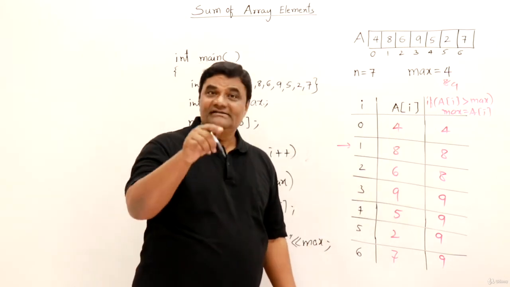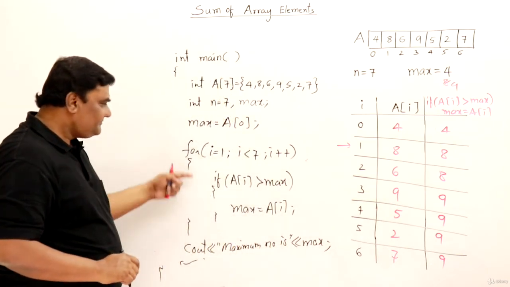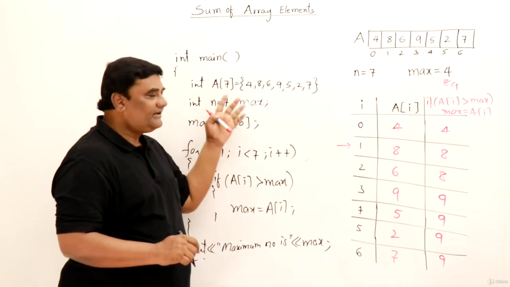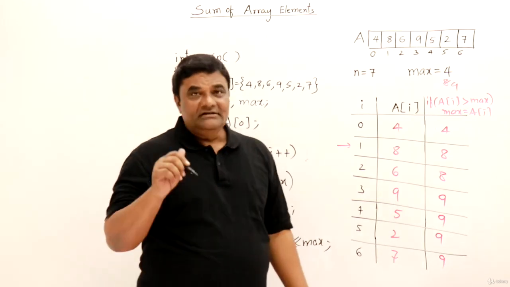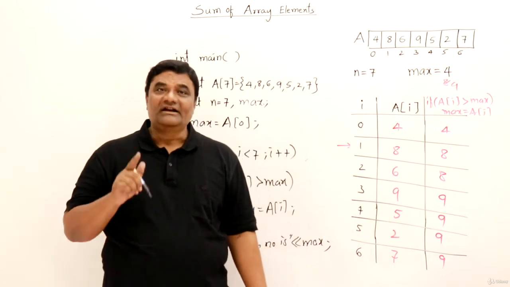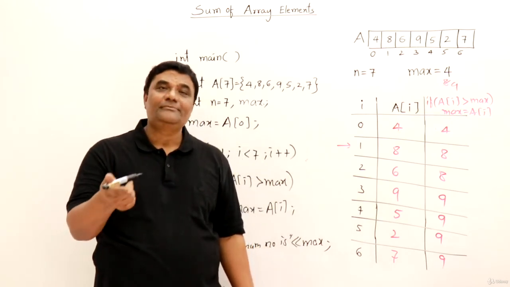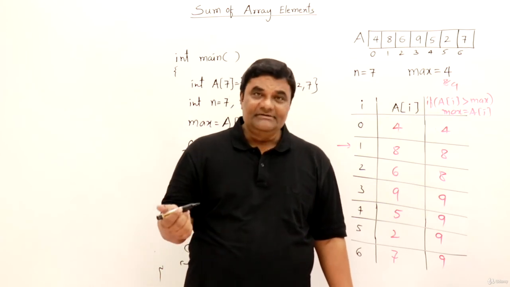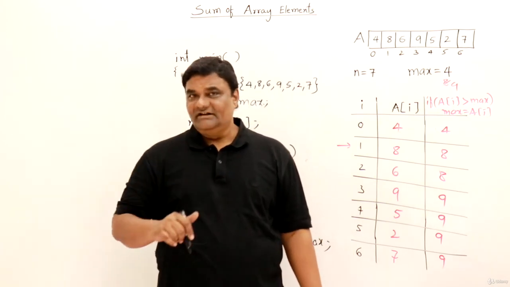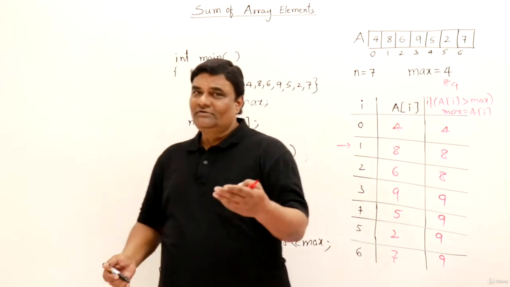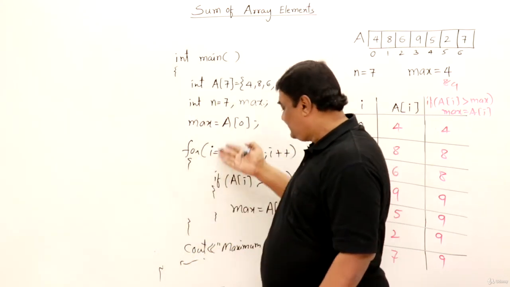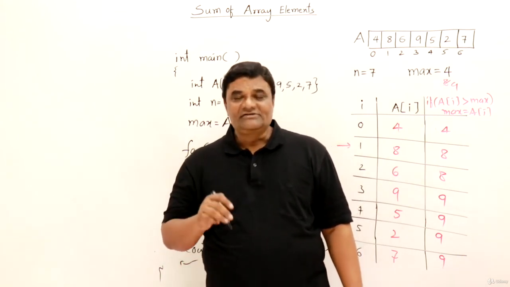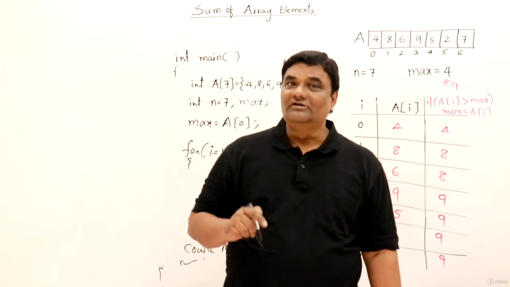So that's all. There is a coding exercise available for finding the maximum number. You finish that exercise, and you have to write only a few statements, not everything. And one more thing, the demo is also available. Watch the demo, but write the program by yourself. Before watching the demo, write the program by yourself on your PC or laptop. If you get any errors, any problem, then you can check the demo and remove any errors. Now I don't think you will get any errors. Everything is there on the board, so just copy this and write it by yourself. That's all. We'll see more programs on arrays.